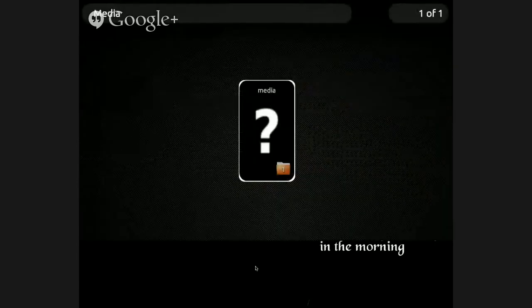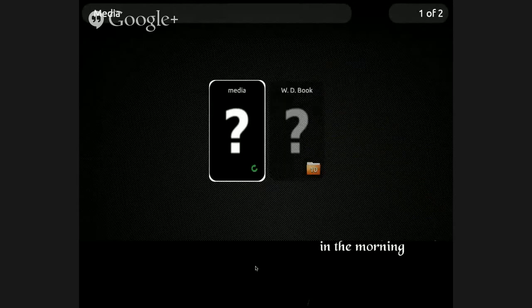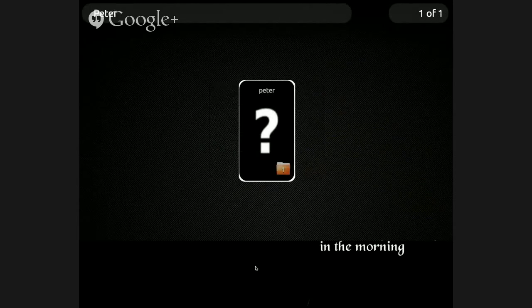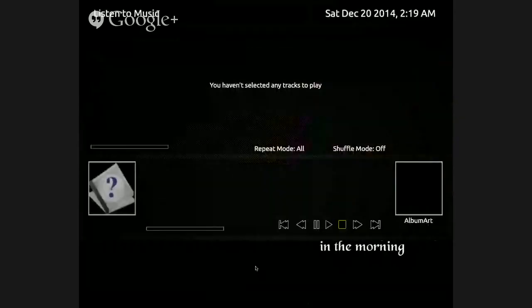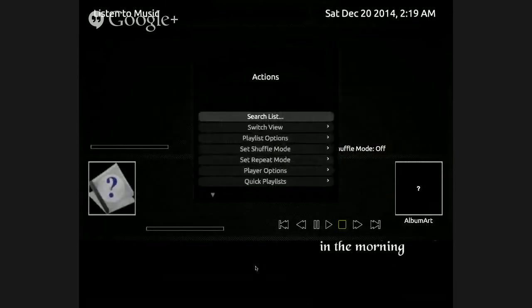I like the way they display the videos. Kind of could use some work because this is not very, it just takes a long time to get this thing done. I haven't really used their music, but I mean, it looks